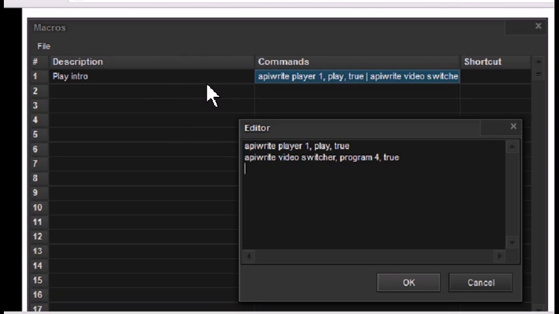And then over here would be the commands from the API to do that. This window down here is an editor where you can edit and modify your macro controls so that you can tell VidBlaster to do just about anything that it's capable of doing.